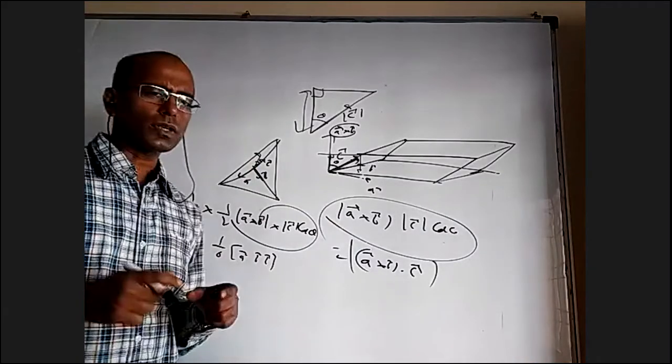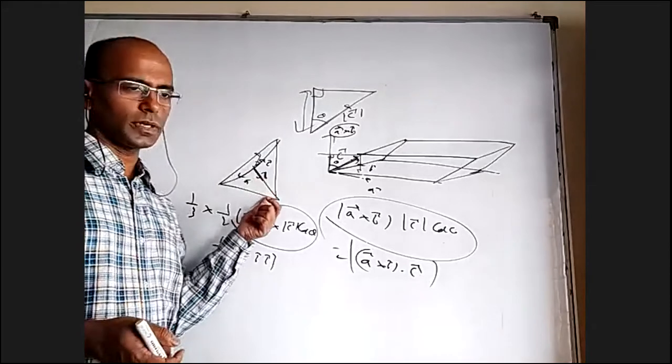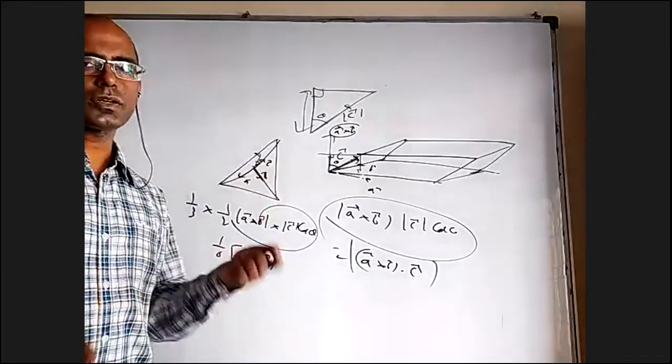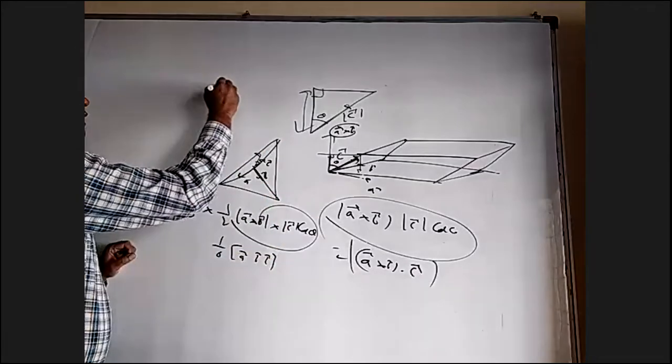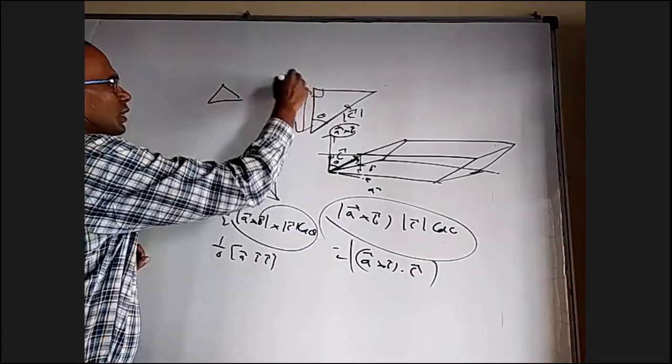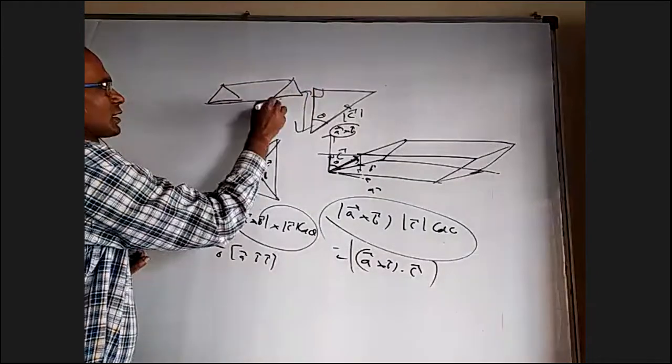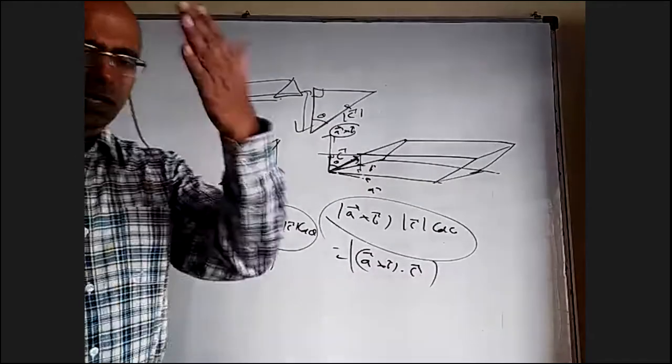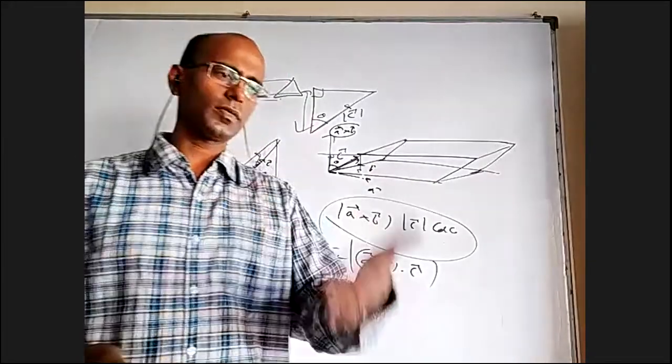You can also have a triangular prism. This is a triangular pyramid where all are joined to one point. What a triangular prism means, it's like a kaleidoscope or something. This is also a triangle, this is also a triangle, and they're connected like this. So wherever you cut, it is the same kind of triangle.